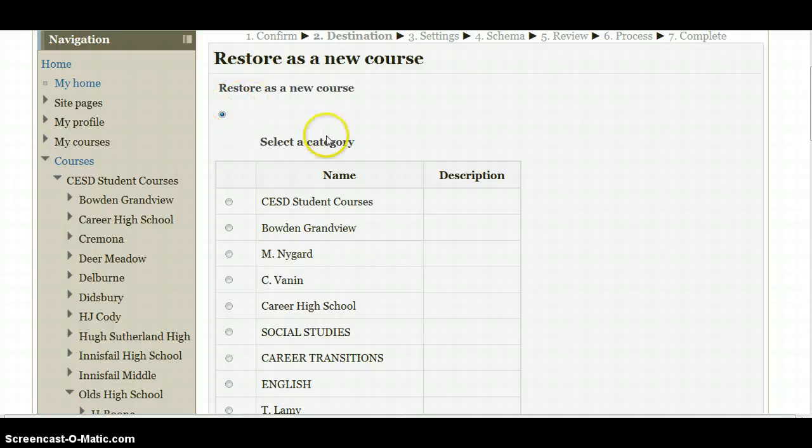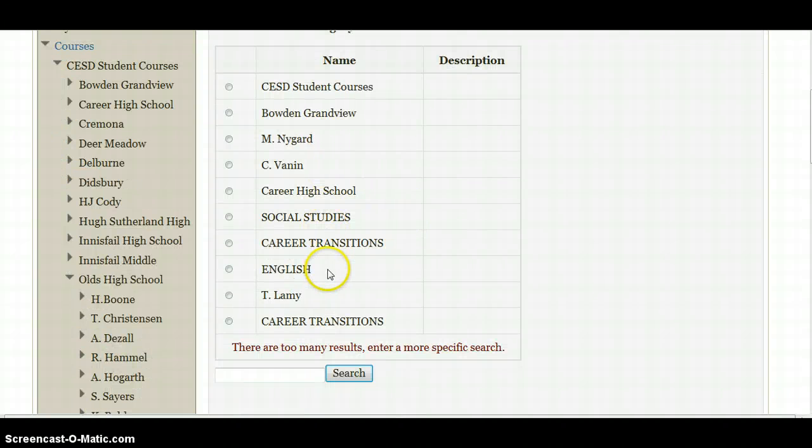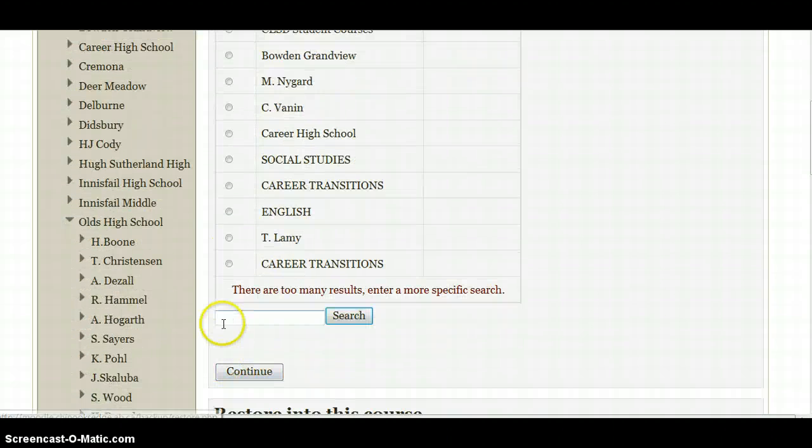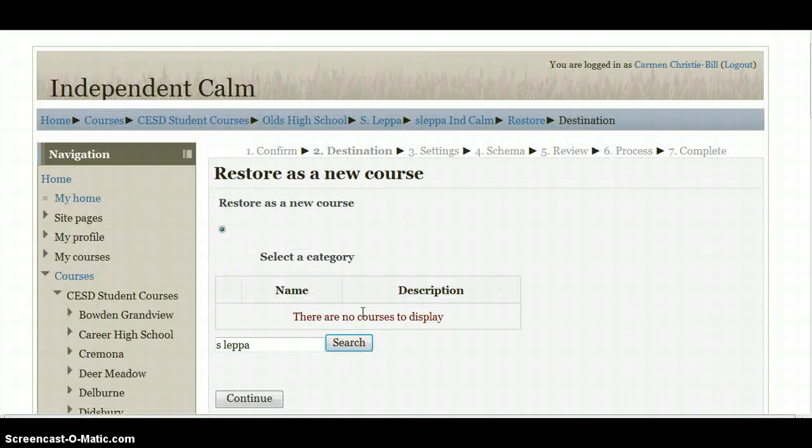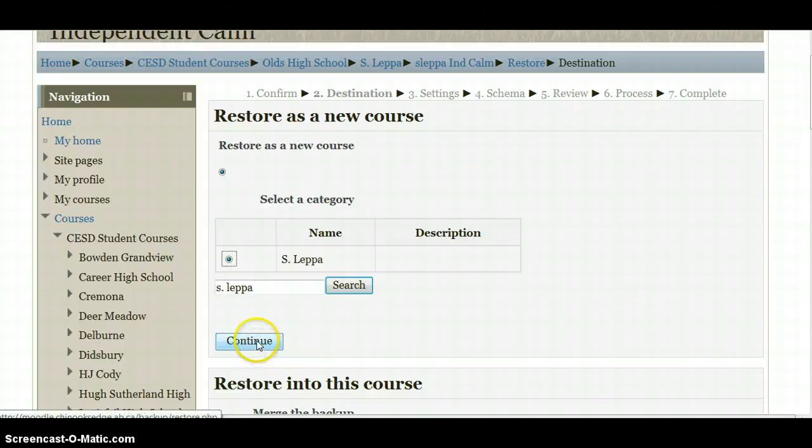Now right here it will say restore to a new course, and I have a lot of options here because I'm in as an administrator, but when you come in on your own you would just see the courses which you belong to. In this case I had this under LEPA, so I'm just going to put S.LEPA, because that's the person I'm pretending to be. Then I would choose S.LEPA, so you would type in your name to make sure it goes under your section, and that's all you'll have access to anyway. Then you go continue,